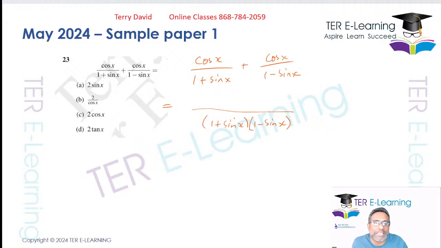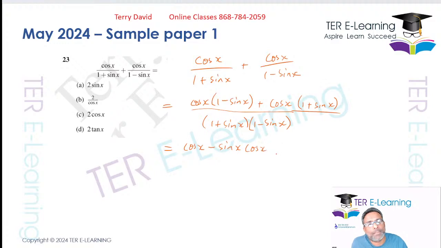So that means that across here, this should be cos x by 1 minus sine x, plus, this side here is going to be cos x by 1 plus sine x. Then we're going to simplify the top. So that's going to be cos x minus sine x cos x plus cos x, plus sine x cos x,